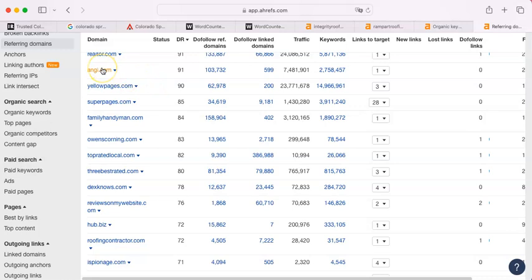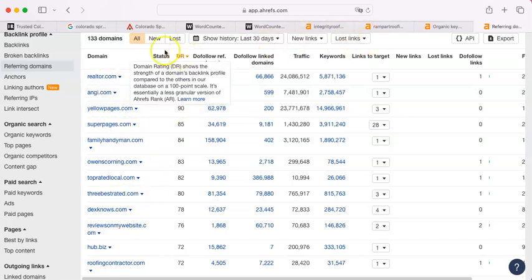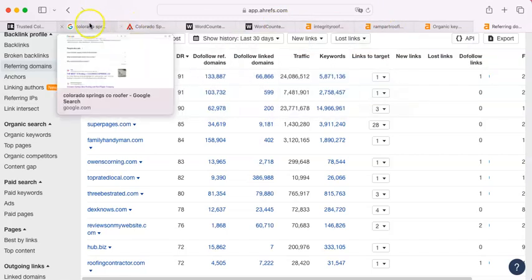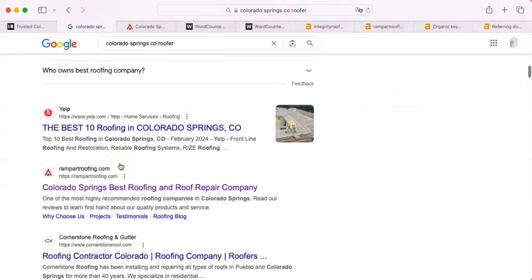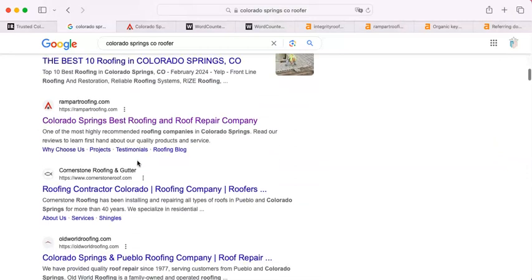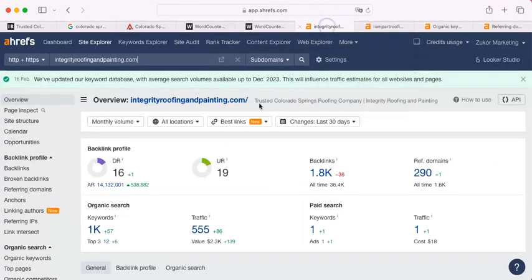Now they have Angie's List, which is a paid one. It would be probably good to join Angie's List if it's not out of your budget, but it's paid. You don't have to do that. There are other ones in the 90s and the 80s and the 70s that you could get on that would help beat them in that statistic, because those numbers of theirs put together have given them this placement, which is essentially the first actual roofer underneath two lists of roofers. And this is where the rubber hits the road.